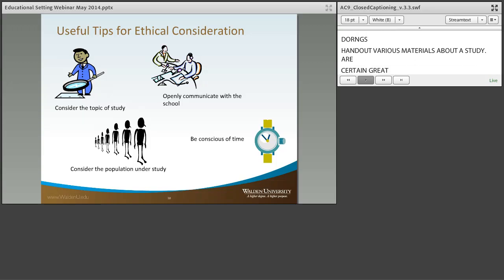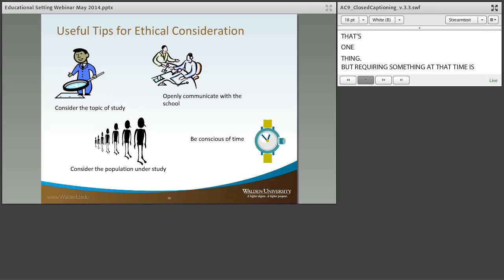But care also needs to be taken to not require those attendees to make a decision on the spot, especially if an authority administrator would be at that session as well, because we certainly don't want potential participants to feel like they're being put on the spot to make a quick decision, and if their building principal is watching to see who says yes. Certainly if people offer to participate, that's one thing, but requiring something at that time is something that should be avoided.